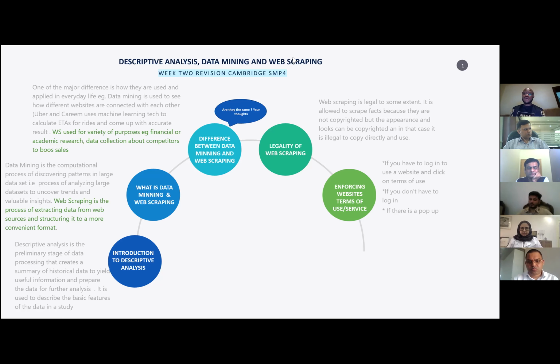Otherwise, if the terms and conditions of use of the website do not permit that, then you might be exposing yourself to legal